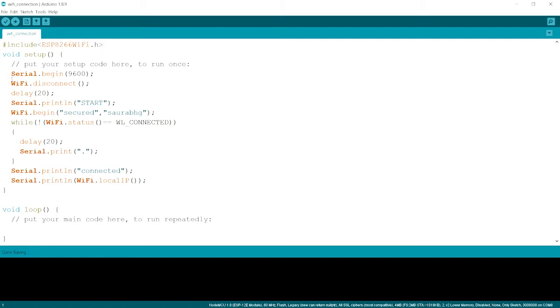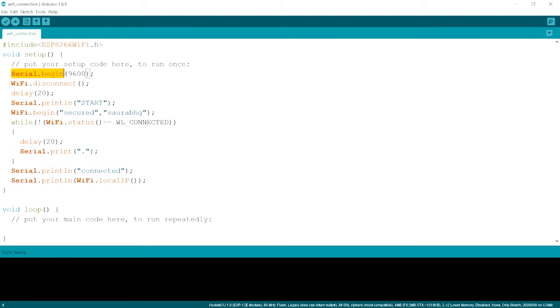Now in the setup part, we will write Serial.begin. You may have a confusion about what the serial monitor actually is. The serial monitor is nothing but a monitor or a screen which shows the output from the board, or how the processes in the board are working.